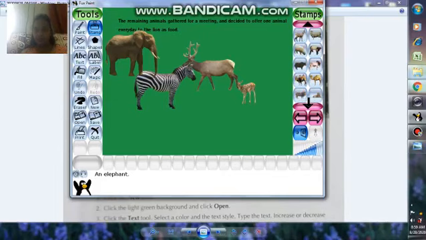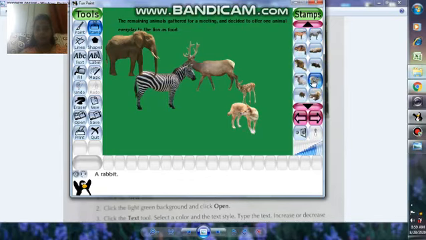Okay, there are many animals that live in a jungle, forest. So see, this is a jungle dog. Okay, again you can add rabbit here. Also change the size of the rabbit.